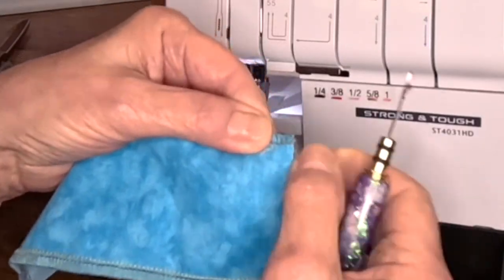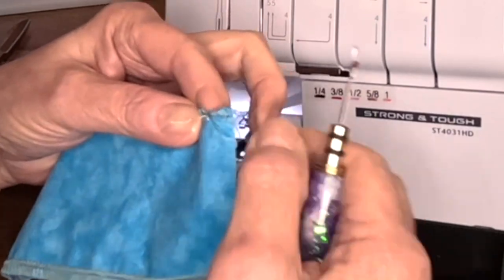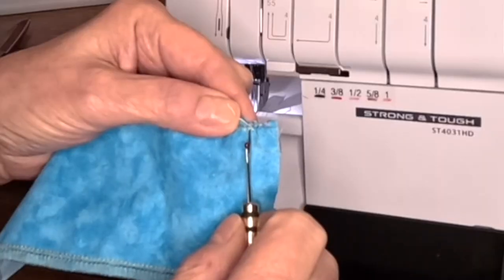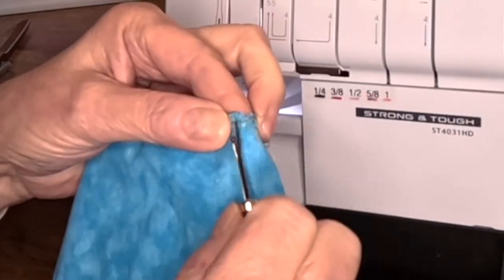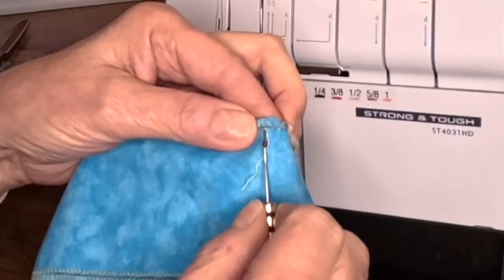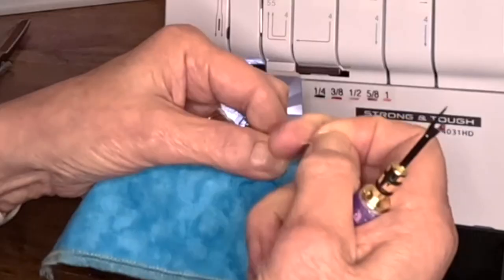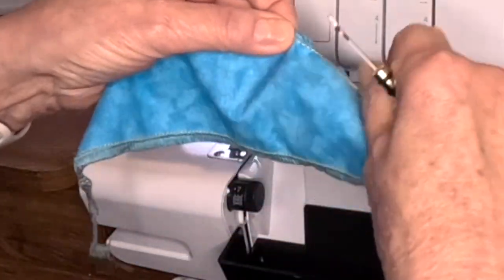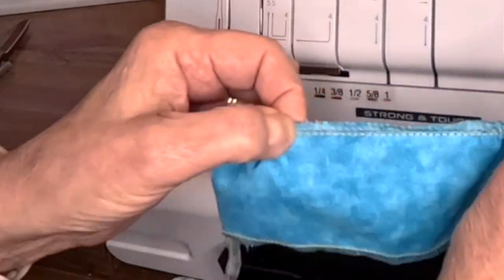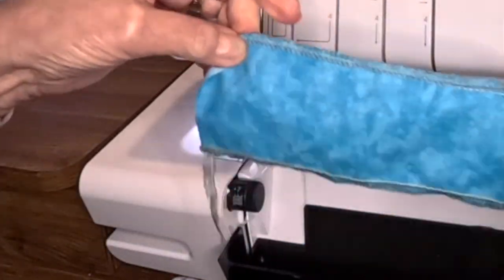This left needle stitch is in yellow. Happened to catch something there that I didn't need to catch. So once I have enough of this loosened, I can grab the end of it and pull it. And it will gather stitches, and I'll just ease those out, and I'll keep pulling until I can pull that